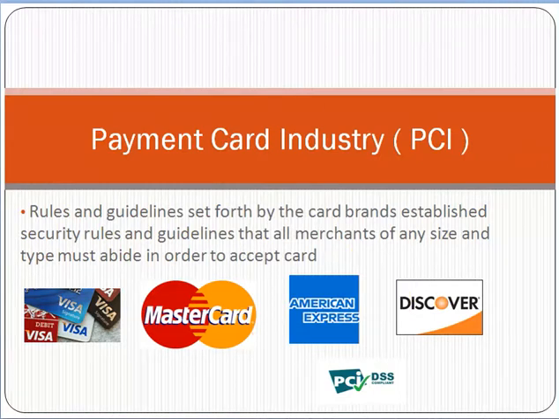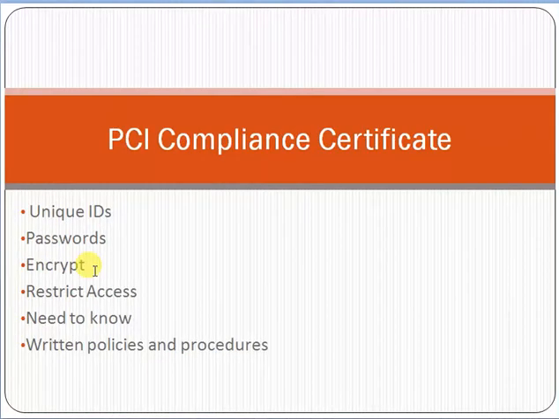So what are the standard rules? These are the standard rules for merchants who are selling their goods through POS devices, so that there should not be any fraudulent activity. To get the PCI compliance certificate, there are some guidelines and standards. The first one is the unique ID. Whoever is using the banking system or interacting with bank information or card information should have unique IDs. They should not use shared IDs.